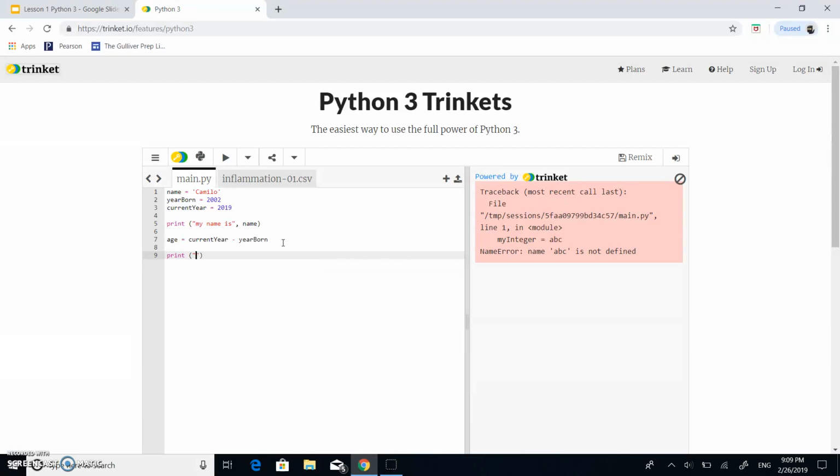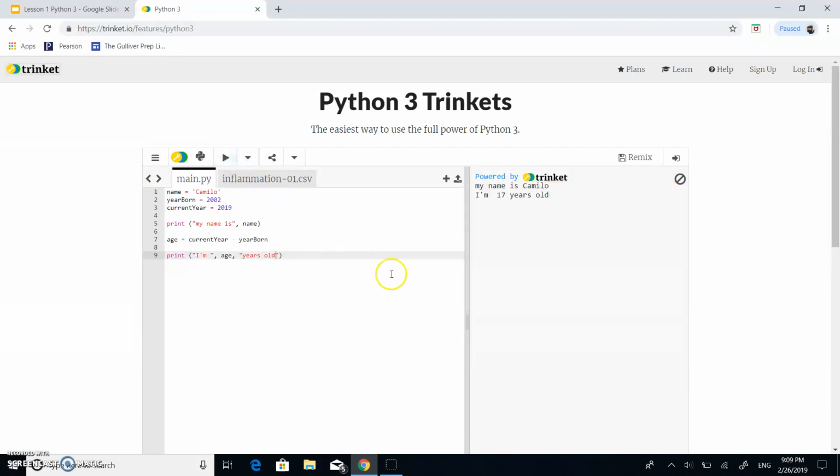So let's say in quotes, I am, comma, age, comma again, because it needs a comma to know that it's a different thing. And now years old. So now when I run the program, it's gonna show, hi, my name is Camilo and I'm 17 years